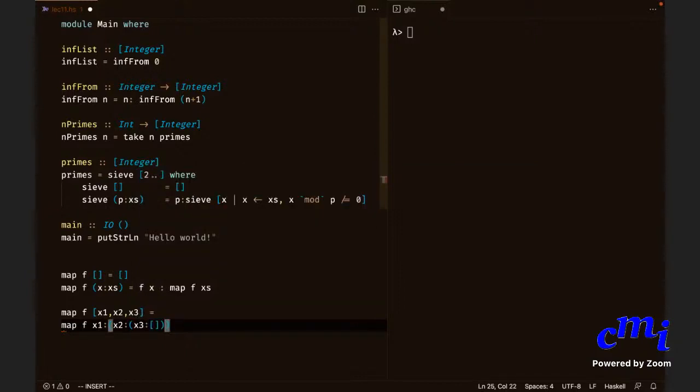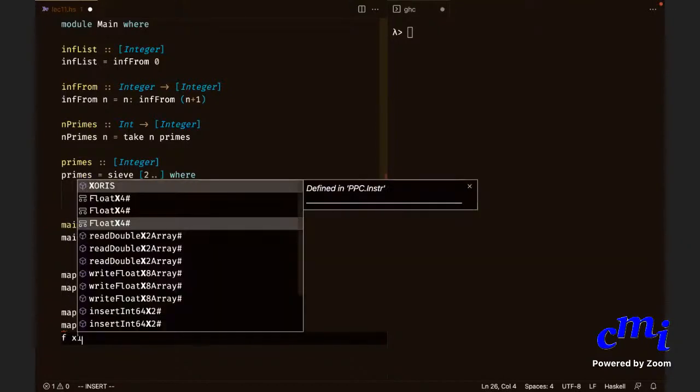Right? Now you just need to apply the definition. So what is the first thing? What will the first thing relate to? Can somebody tell? fx1 colon map of f on the rest.